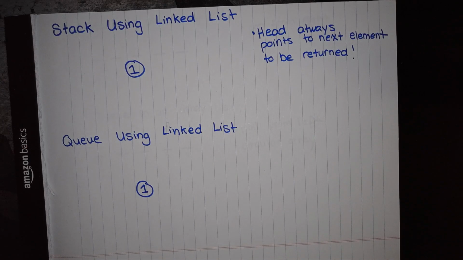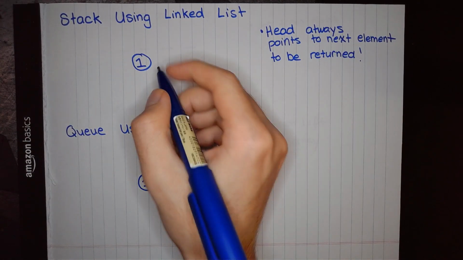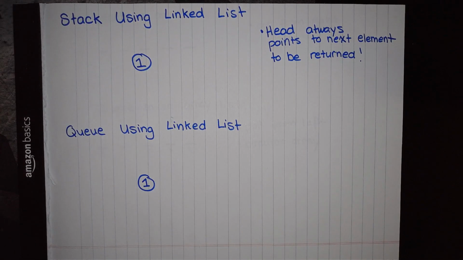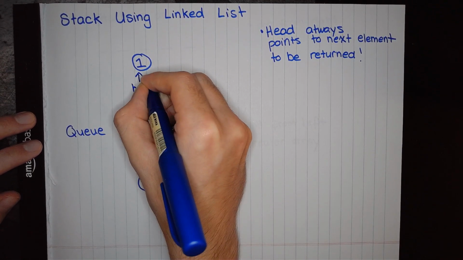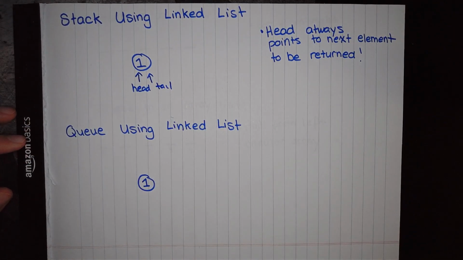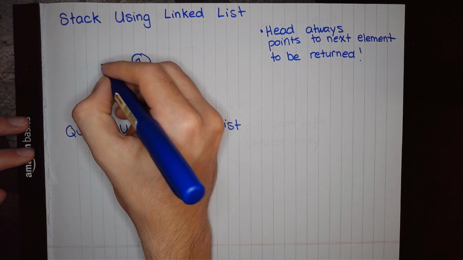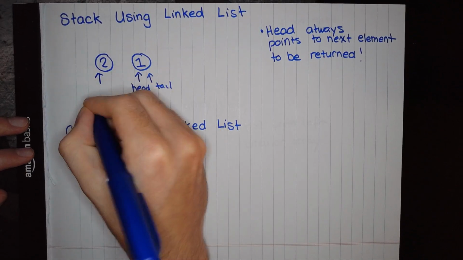I'm going to switch to my notebook and go over really quickly how you implement a stack using a linked list visually. The first thing to keep in mind, both for stacks and queues, is the head is always pointing to the next element to be returned. So let's consider a stack here where we have one, and that's the head and the tail. Right now we just have one element, and we're going to add a second element. We want the head to always point to the next element to be returned. So in that case, I make my head point to this 2,